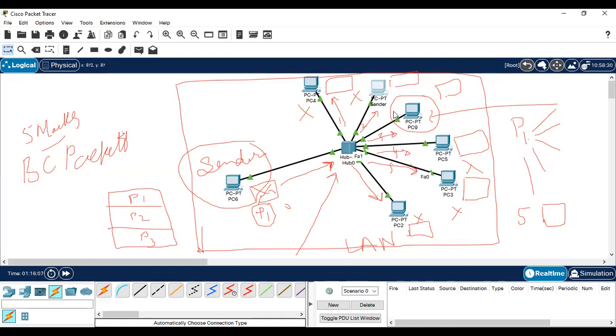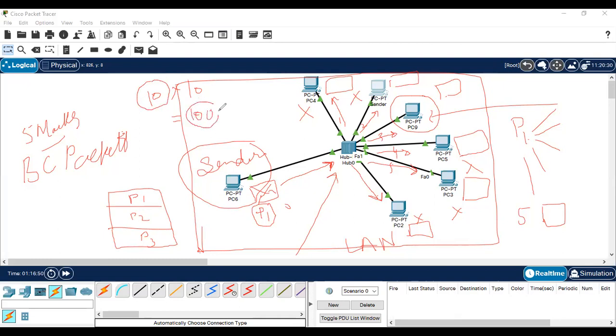You can see there is a need for memory, and why is it needed? Because we need to copy the packet and send it to all the ports which are active, except the port from where the packet has arrived, right? Now what else is there? This is only the first packet which we have sent. In a sequence, if we have multiple packets like P2, P3, just imagine if we have 10 packets and 10 nodes, then 100 packets will need to be generated. So for 10 packets we need to generate 100 packets.